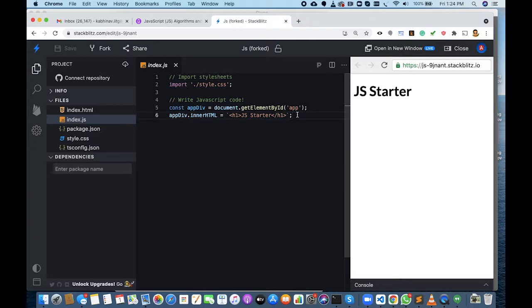Cool. So we were thinking about learning functions.